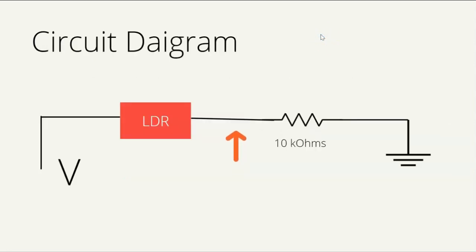Now this is a circuit diagram. I'm connecting a 10 kilo ohm resistor in series with the LDR. From this we are supplying the voltage. If we keep the LDR in the brightness, its resistance will decrease so that the voltage drop across this LDR is small. Now this is the point where the Wi-Fi module measures the voltage. Between these 2 points, that is the potential difference measured by the Wi-Fi module, and that is sent to the cloud.